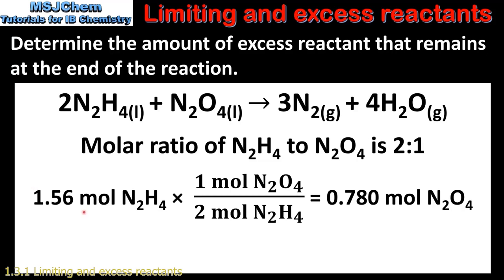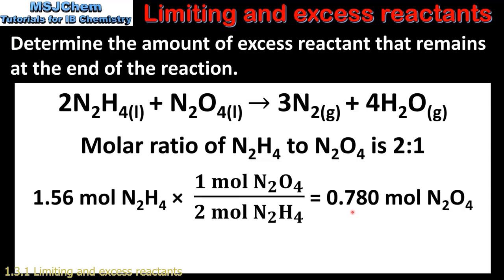reaction. We have 1.56 moles of our limiting reactant, which is N2H4. We are then going to multiply by 1 over 2 because of the molar ratio we looked at earlier, and this gives us 0.780 moles of N2O4. So this is the amount in moles of N2O4 that react completely with 1.56 moles of our limiting reactant, which